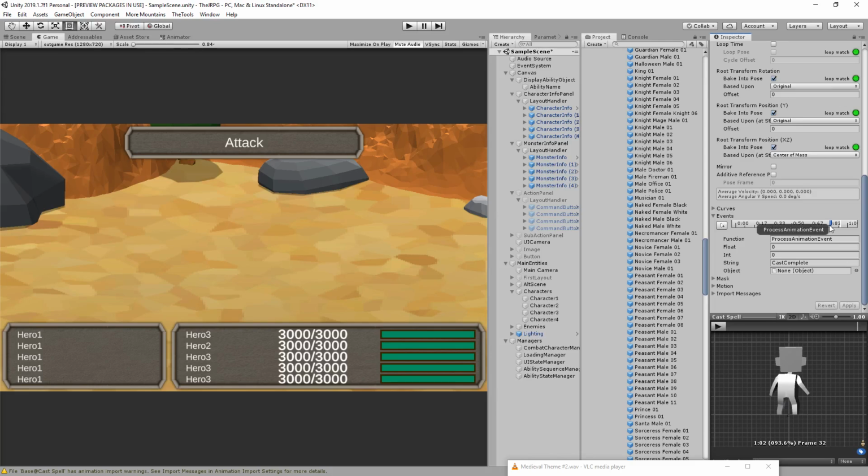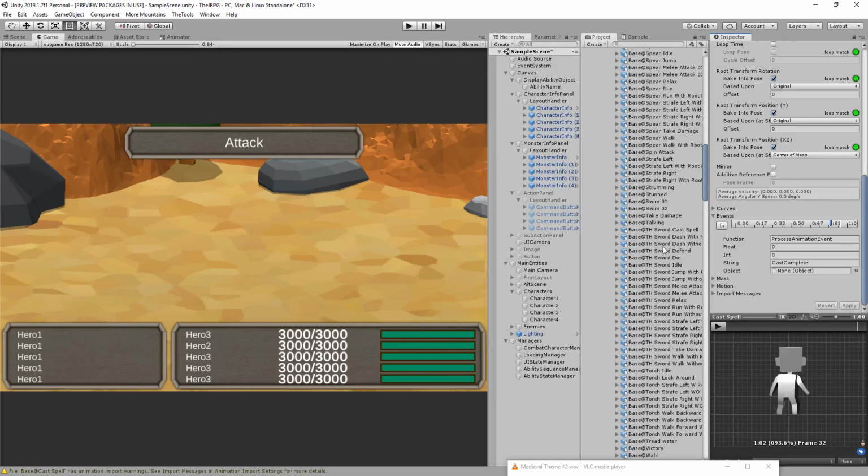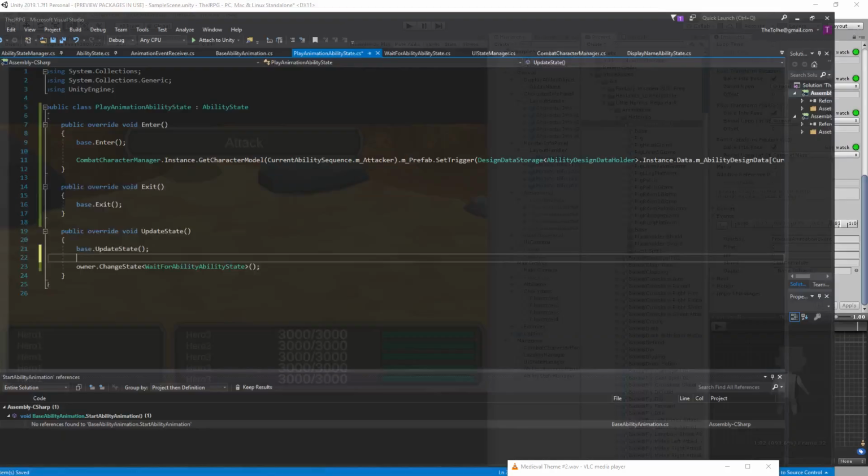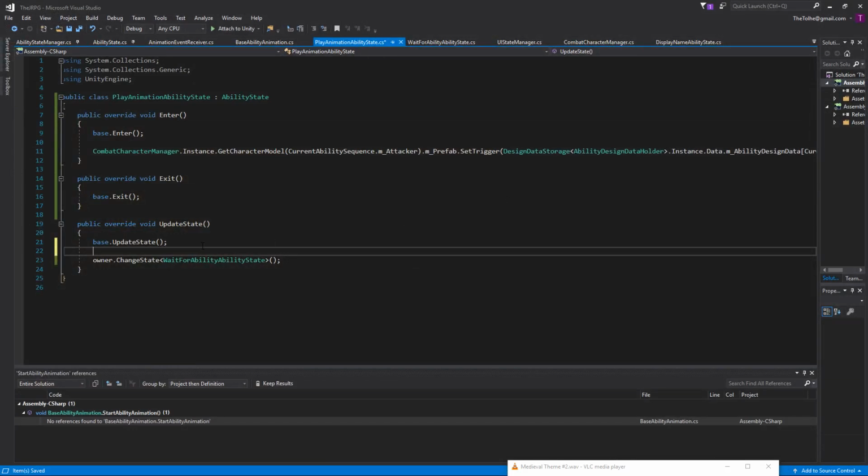So instead, I'm setting up an event that says, hey, I'm done, so that the particle effects and the damage text can go off a little bit sooner, and it feels just a little snappier. But now every single time we add a new animation into this system, I have to make sure that I go in and add an event for it. Not a big deal, it's just a pain. All right, so